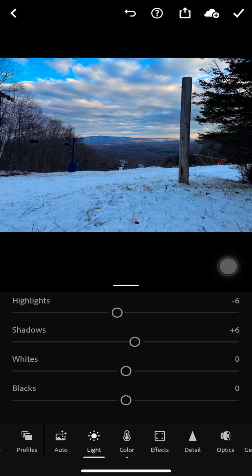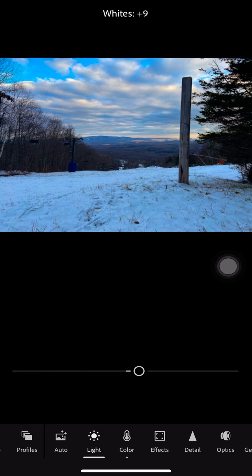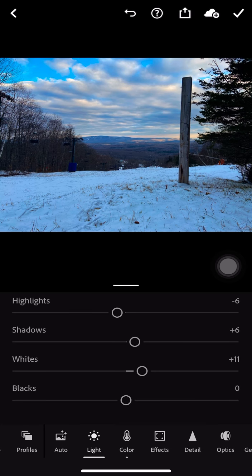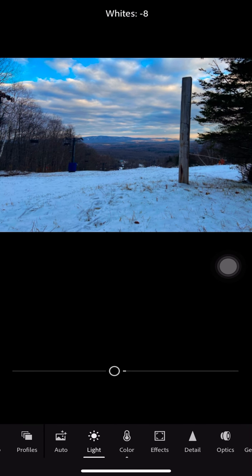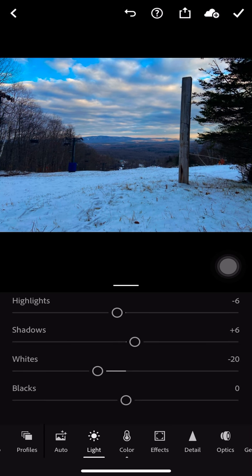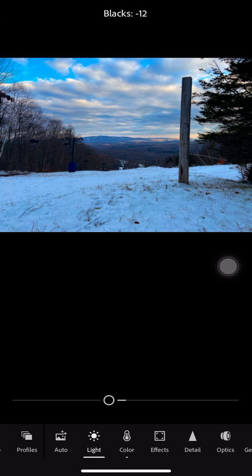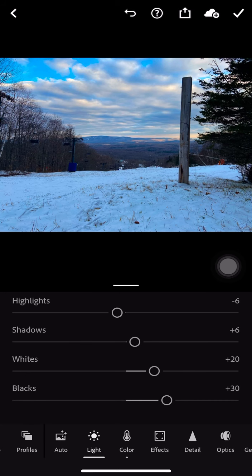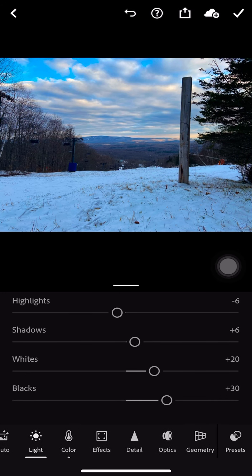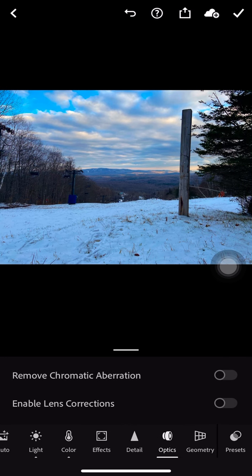For whites, I'm going to want to bring it up about... No, actually, I'm going to bring it down so that the snow doesn't... Yeah, I'll bring it up to like 20. And then I'll bring this up too, so that way the snow still has its texture, but you can still focus on the cloud, so it kind of drains it out. And I'm actually not really going to touch the rest of this stuff because